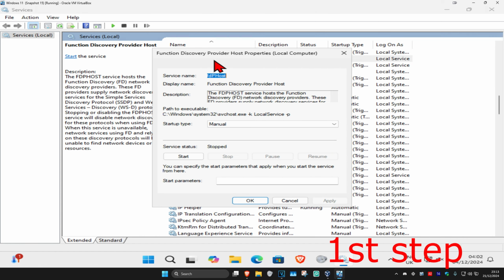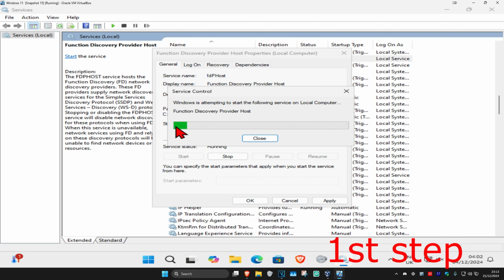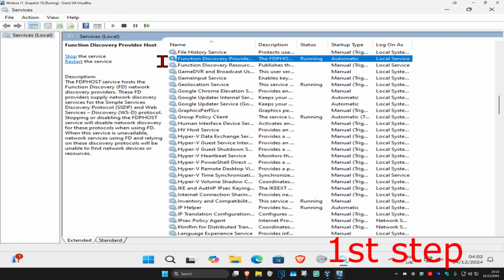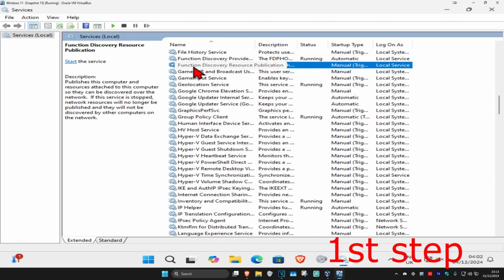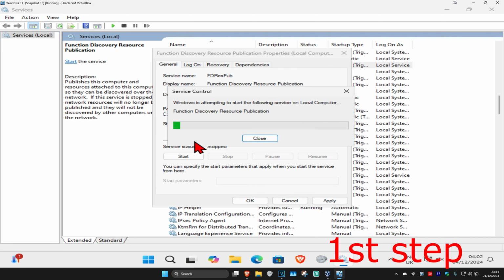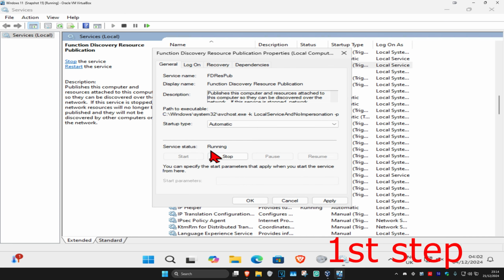Double click on it. Make the startup type automatic and then click on start, which will then make the server status running and then click on OK. Repeat this for the one under it. Function discovery resource publication. Double click on it. Startup type automatic and then click on start, which will then make the server status running and then click on